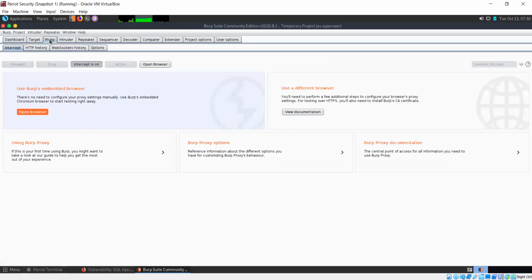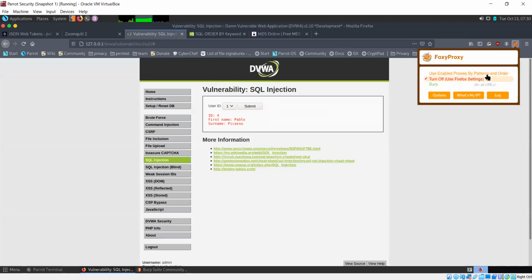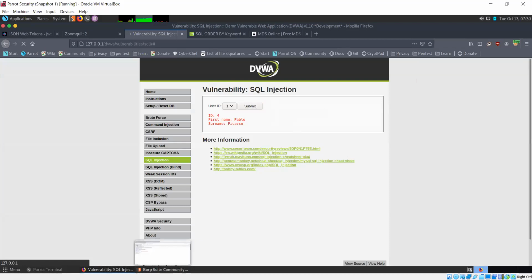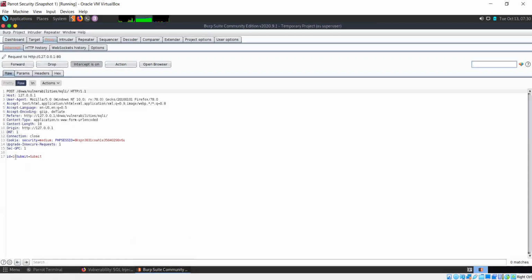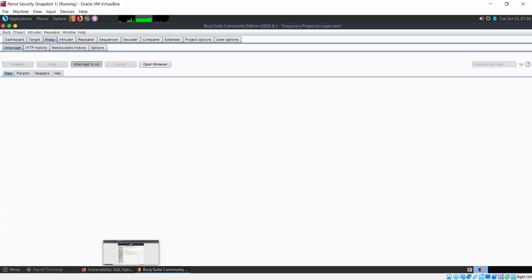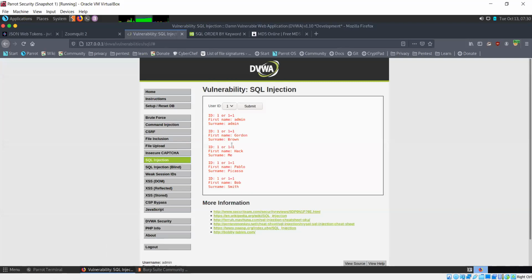So proxy service is running, intercept is on, and we need to tell our browser to use Burp as a proxy. Submit, and we have this request captured here now. So ID is equal to 1. Let's just try 1 is equal to 1 now. And again, that is working. In this case, without quotes, it's working.